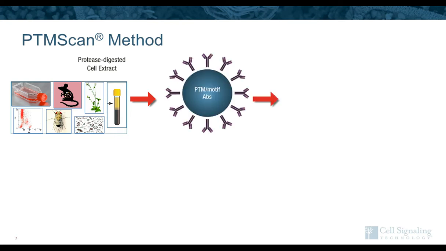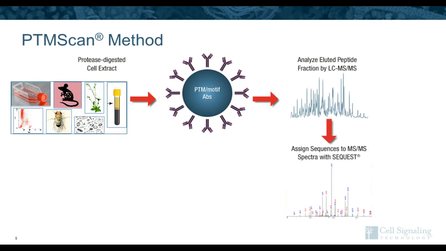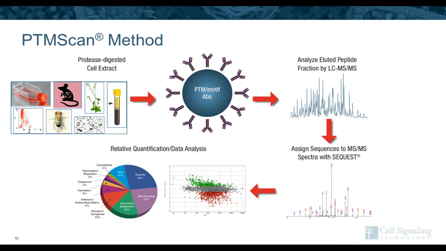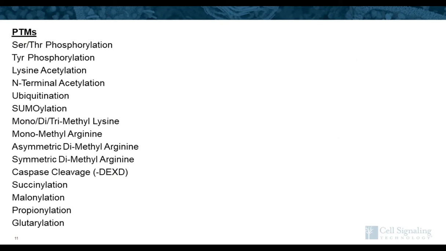So we then enrich with one of those specialized antibodies, take that enriched material and run it in mass spec to get identification of our peptides, and then we can do quantification, looking at what's up and what's down across the various samples. And we're able to assay a lot of different PTMs using this method, things like phosphorylation, acetylation, methylation, other lysine acyl modifications. And I wanted to tell a brief story today about two of these in particular, ubiquitination and succinylation.